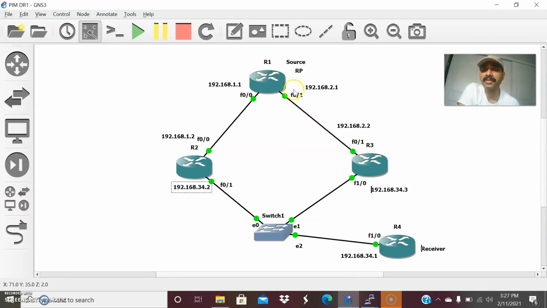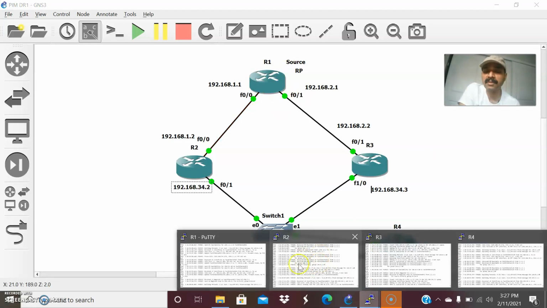Always it will send a register message to the RP. Then after receiving the messages, the RP sends a register stop message to this R1. That is what is happening. So this PIM join message is carried from R4 to R3 via R1. This is the architecture. Now let us see here R3.